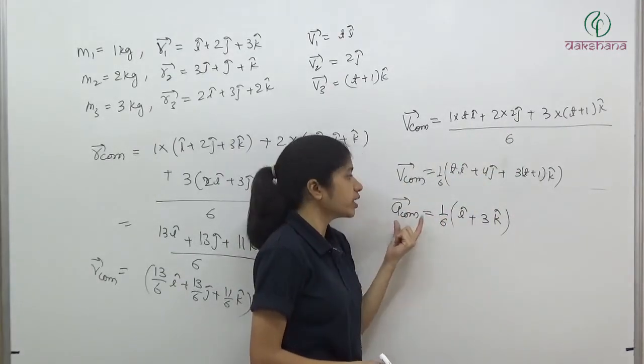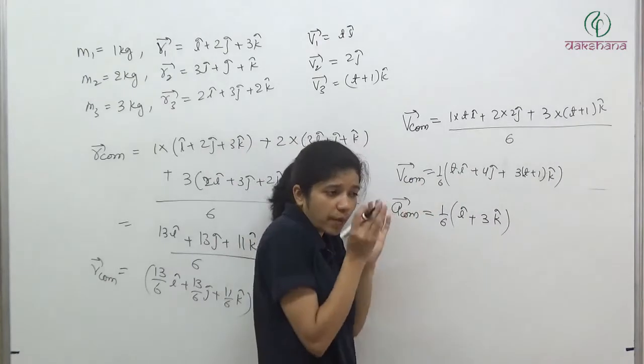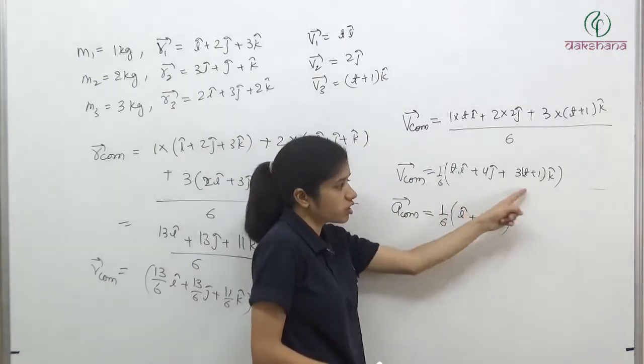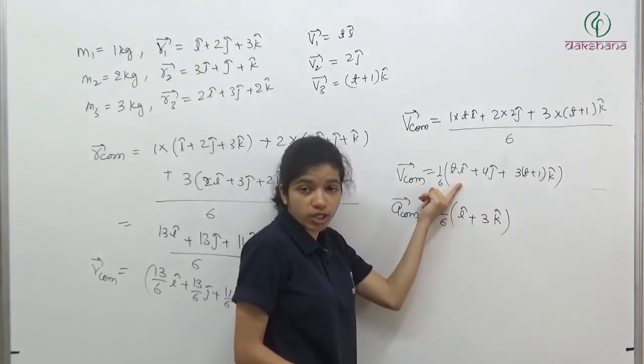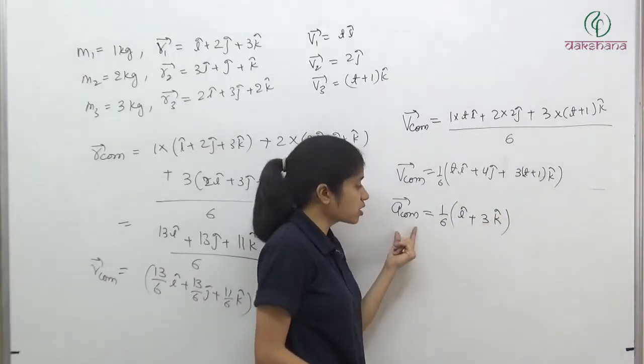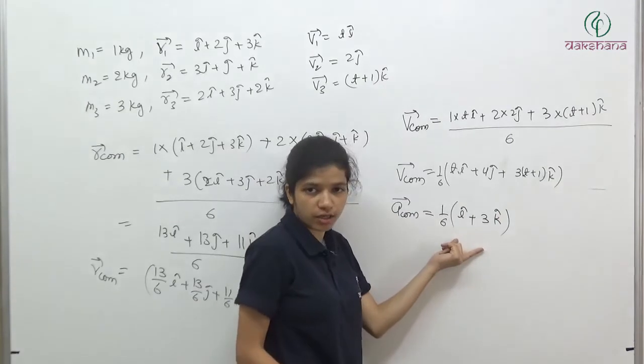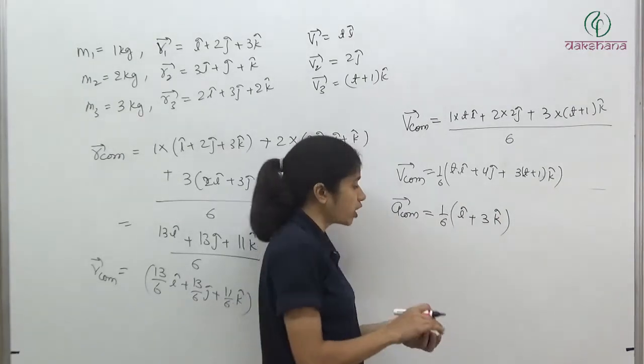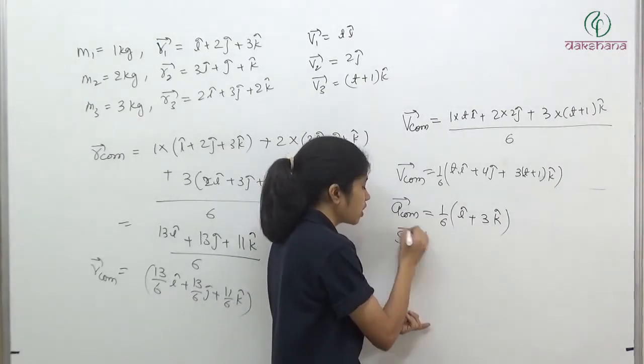What we can say, that's velocity of center of mass. We have a particle of mass 6 kg which is moving with this much velocity. It has variable velocity in x, constant velocity in y, variable velocity in z, and its center of mass is having an acceleration which is a constant. Now if they are asking you to find out the displacement of center of mass in 5